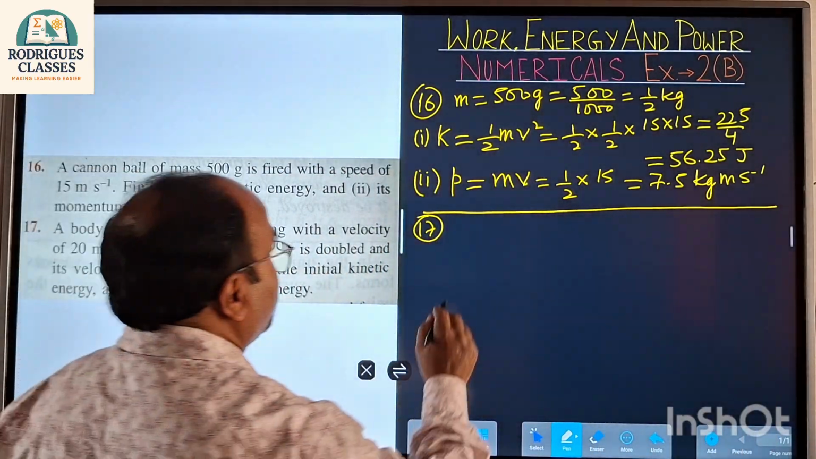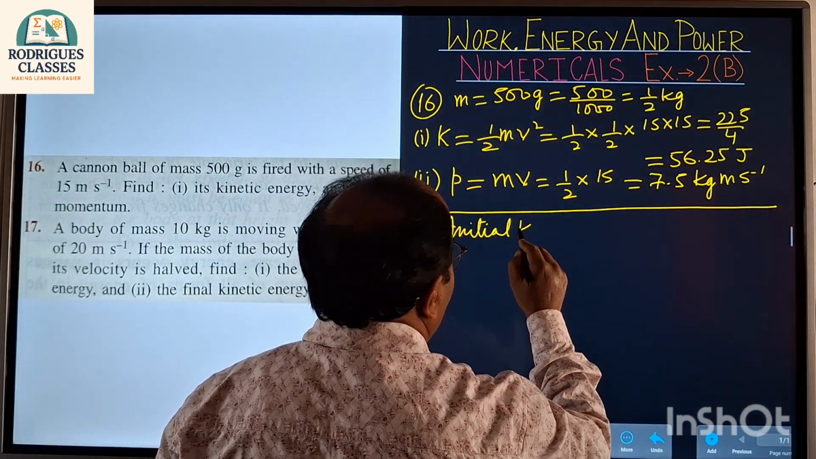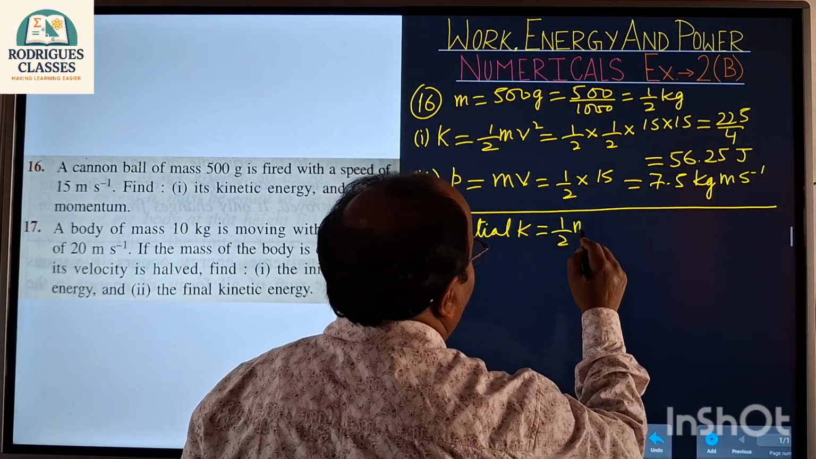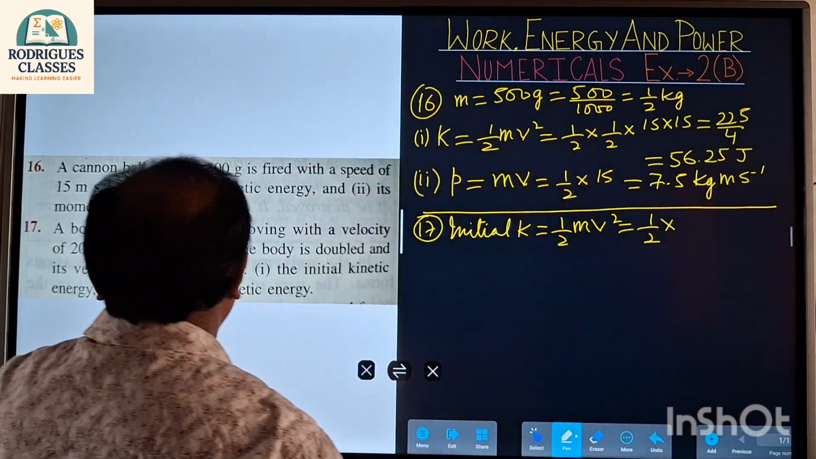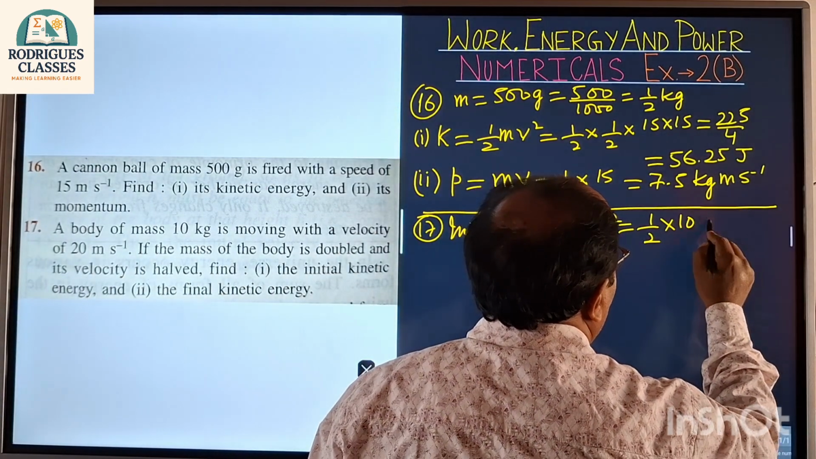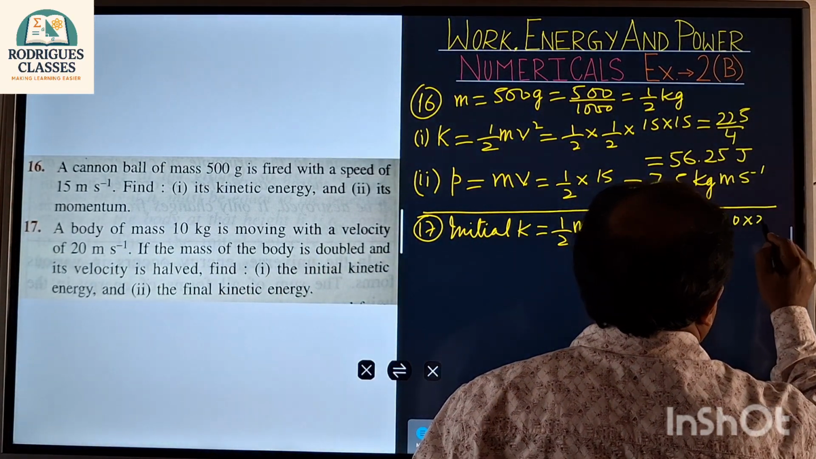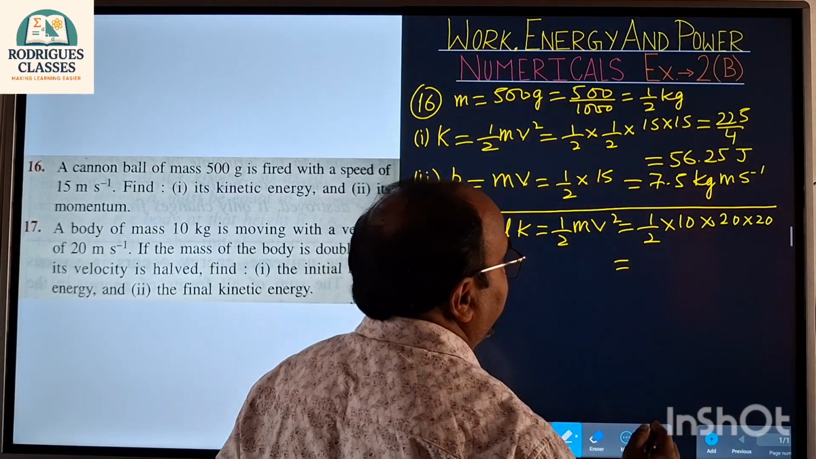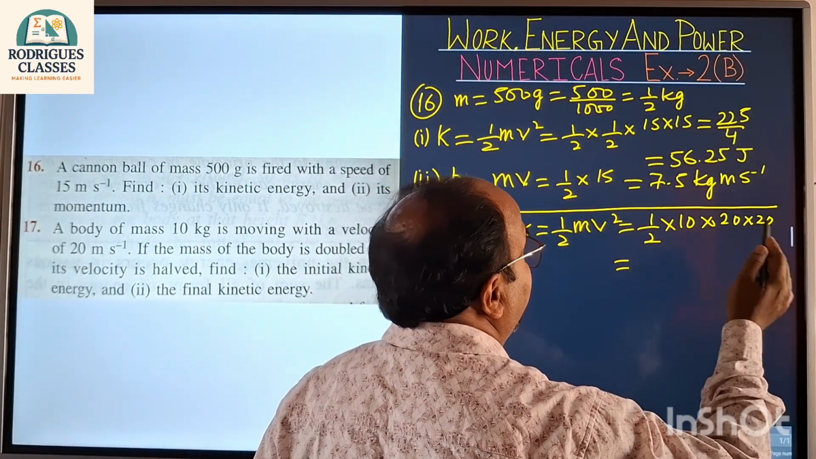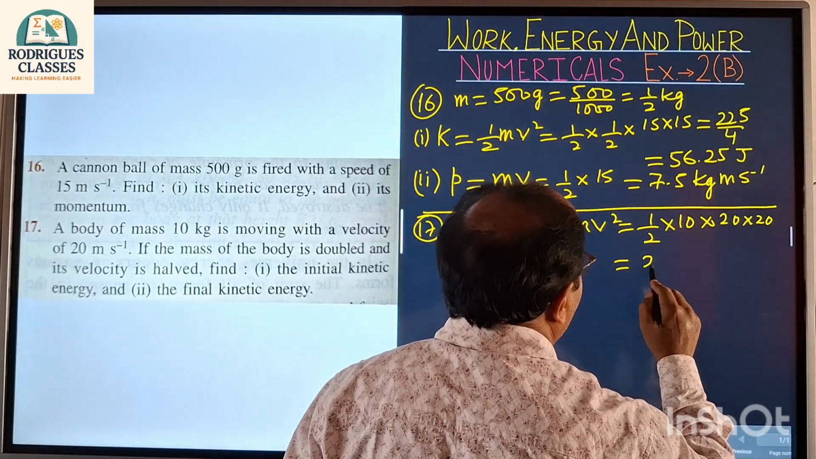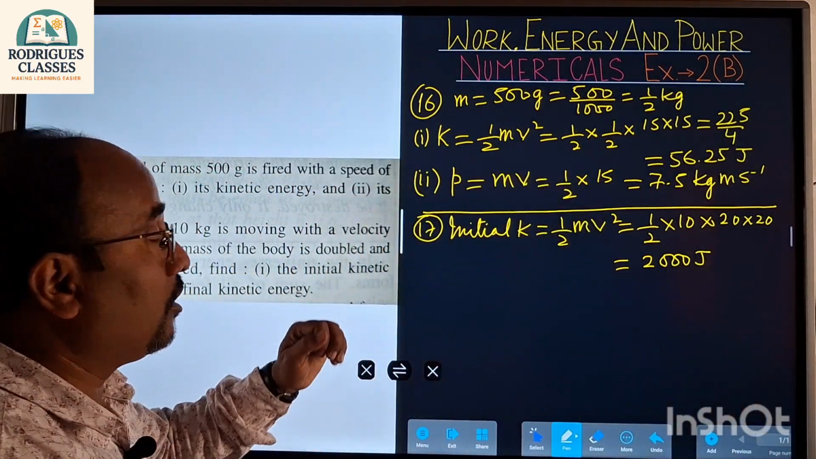So first of all, we will find the initial kinetic energy. Half mv square. So half into m is 10 and your v is 20. So 20 into 20. So you can calculate it out. Okay, this will cancel to give you 10. 10 tens are 100 and 100 into 20 is there. So you get it as 2000 joule. Okay. Now coming to